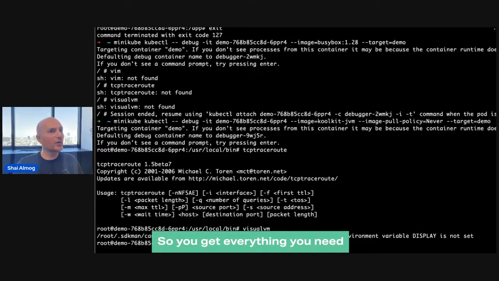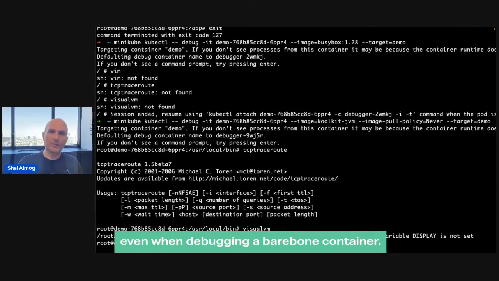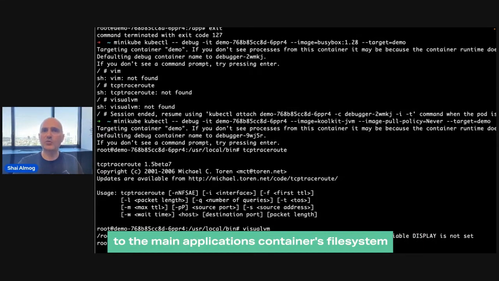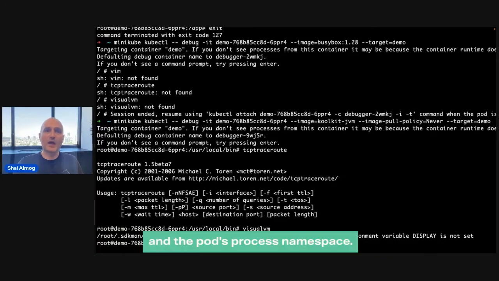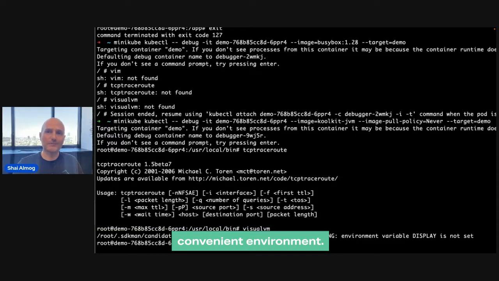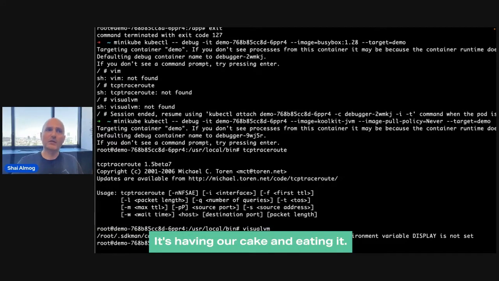So you get everything you need even when debugging a barebone container. Notice that thanks to kubectl debug, we have full access to the main application container's file system and the pod's process namespace. So we can do everything there while residing in a more convenient environment. It's having our cake and eating it.